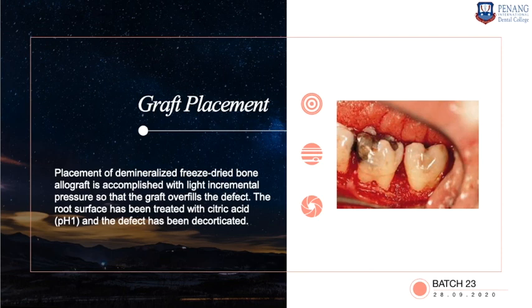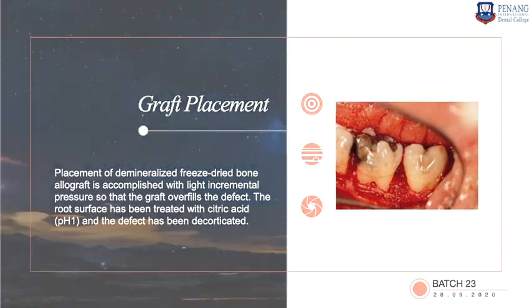regeneration. Once the graft material is placed, then you have to replace the flap over the graft. If you think the graft material which you have placed can be contained without any membrane, you can just close the flap with the sutures. If you think the graft material cannot be contained in the place, then you have to think about keeping a membrane over the graft material for guided tissue regeneration, and then cover